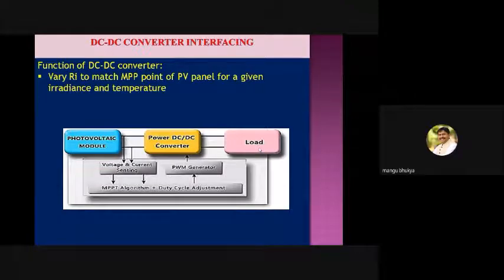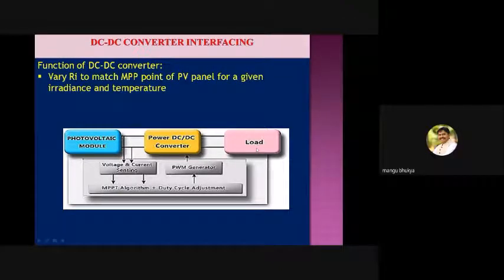Because, see, I'll take the example of a battery. The battery is already fully charged, and now it is daytime. Power is available from the panel, but you cannot extract it. You cannot dump it in the battery, because, as I just told you, a battery is a limited sink. A limited sink means it will absorb only a limited amount of power or energy.